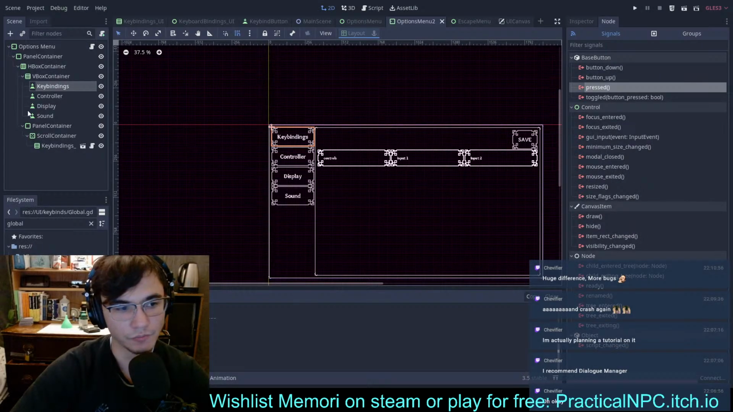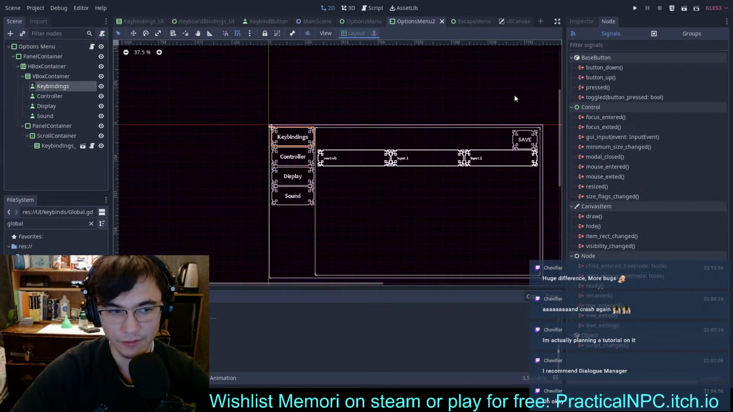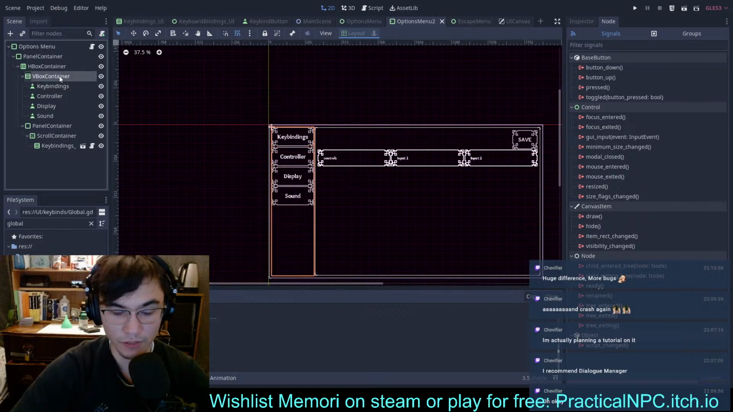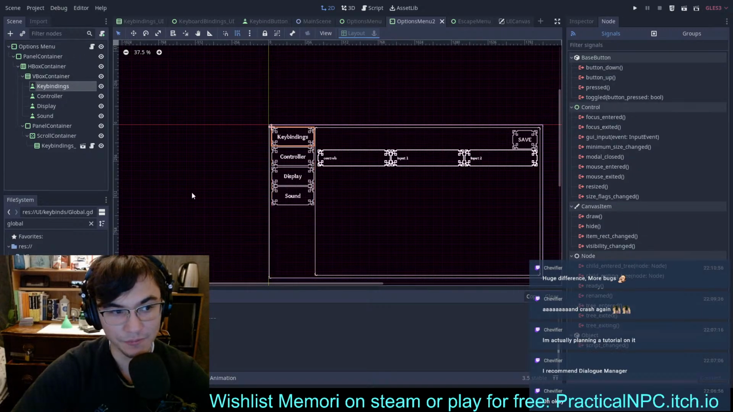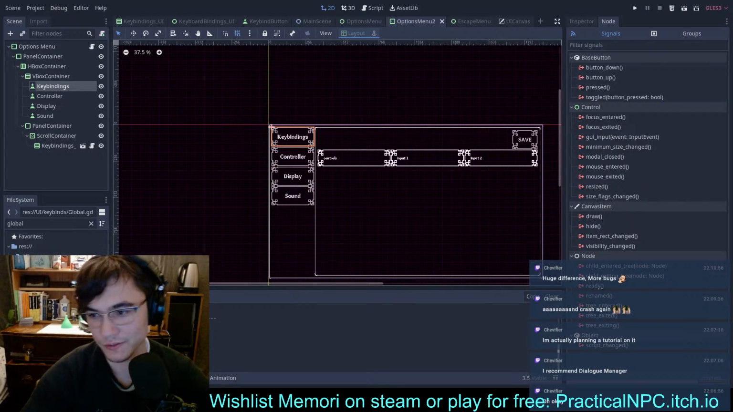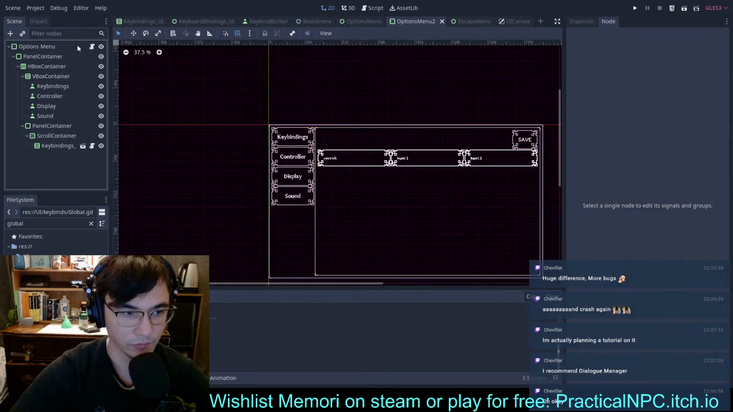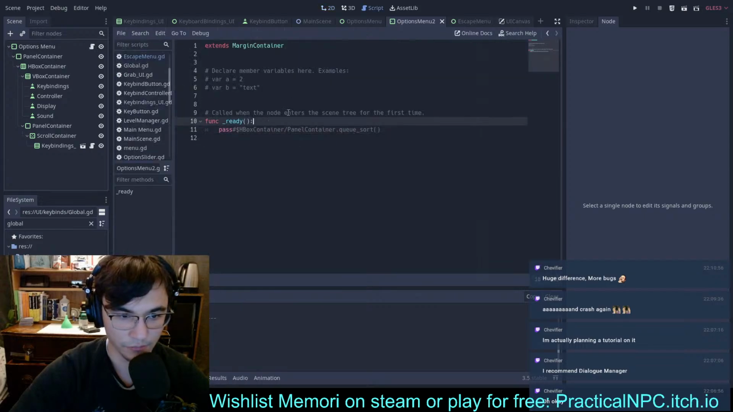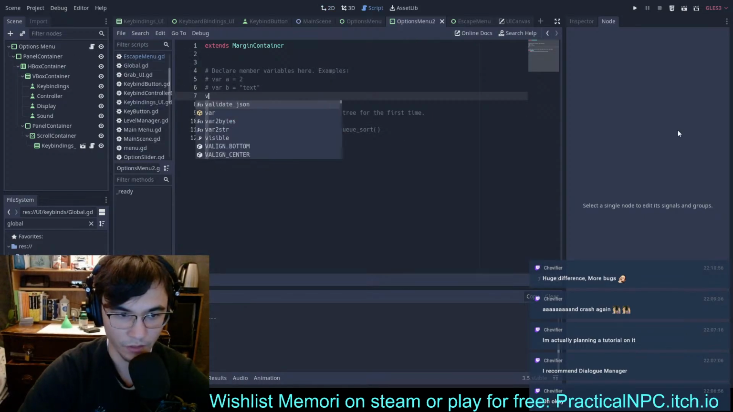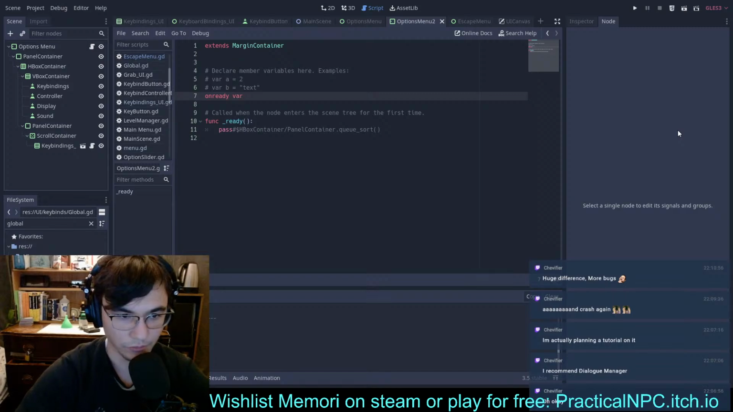Actually, you know what we could do? Instead of adding all of these signals individually to all of these pieces of code, we could just iterate through the VBox container, grab the button, and then basically based on the name that we give it, just match it to the scene that we want to make. So let's do that. So let's grab our VBox container. We'll say onready var VBox container